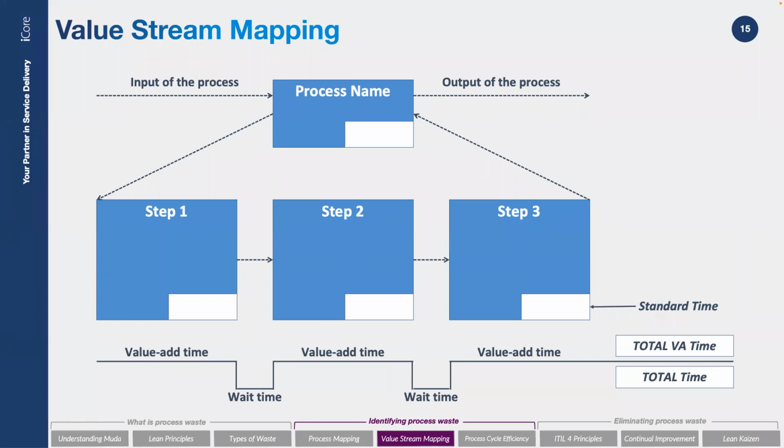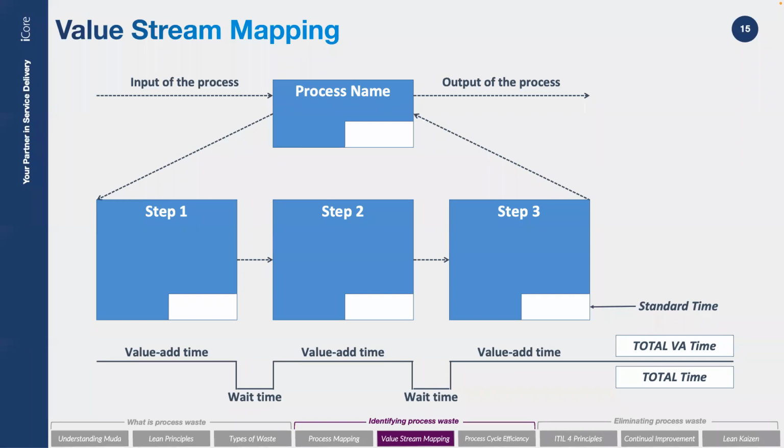Yeah, so we're looking at it in the older sense of the term. What I mean by that is we're not looking at it in the different ways that ITIL uses it today. We're looking at the way that it is meant to be: mapping out a series of steps, understanding those steps, and understanding what value we're getting from those steps. So let me just quickly walk through this for you.